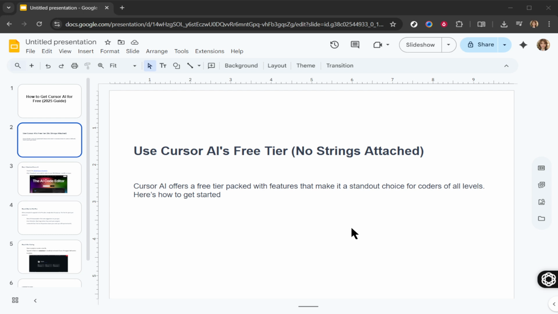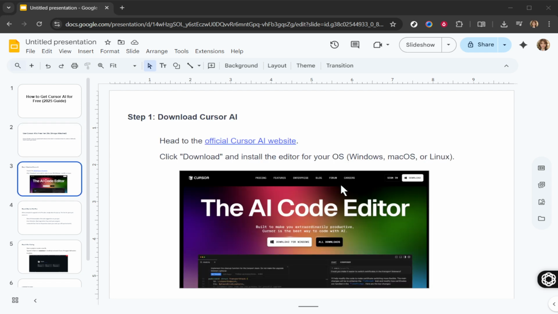First, we're going to head over to the official Cursor AI website. It's important to access the correct site to ensure you're downloading the genuine software and not falling for any imitations. Once there, look for the download button. Cursor AI is designed to be accessible across different operating systems, so whether you're using Windows, macOS, or Linux, they've got you covered. Click the button to begin the download and follow the on-screen instructions to install the editor